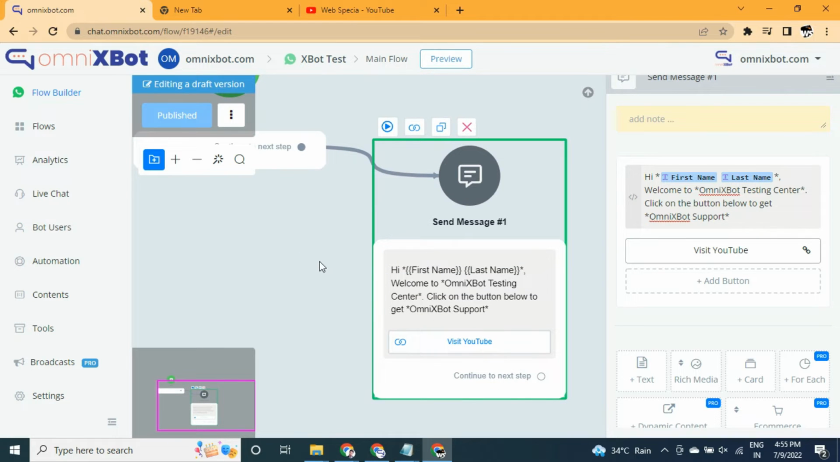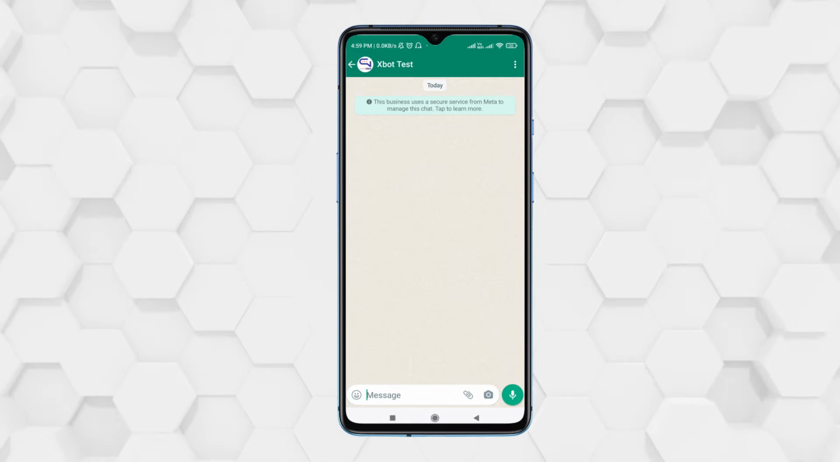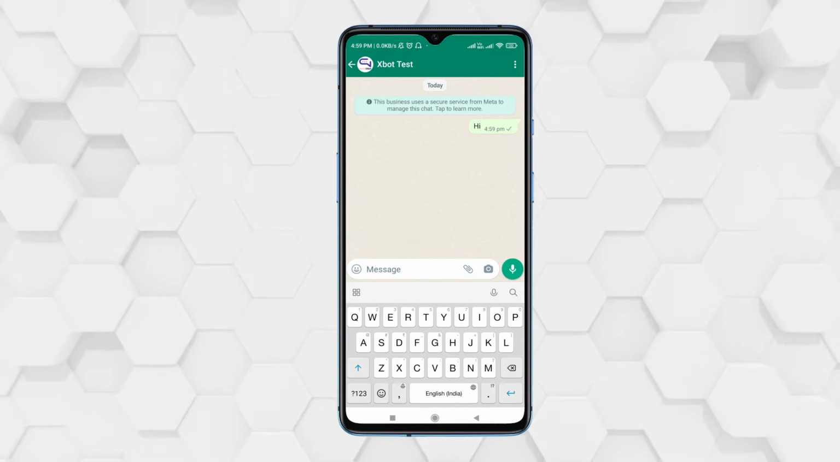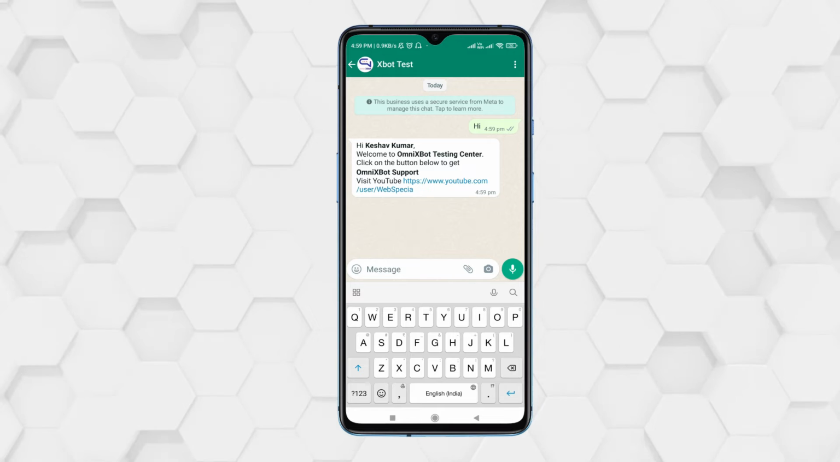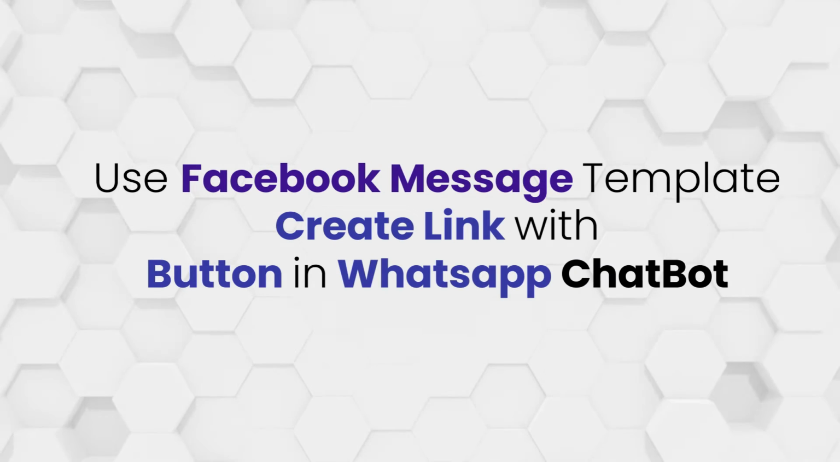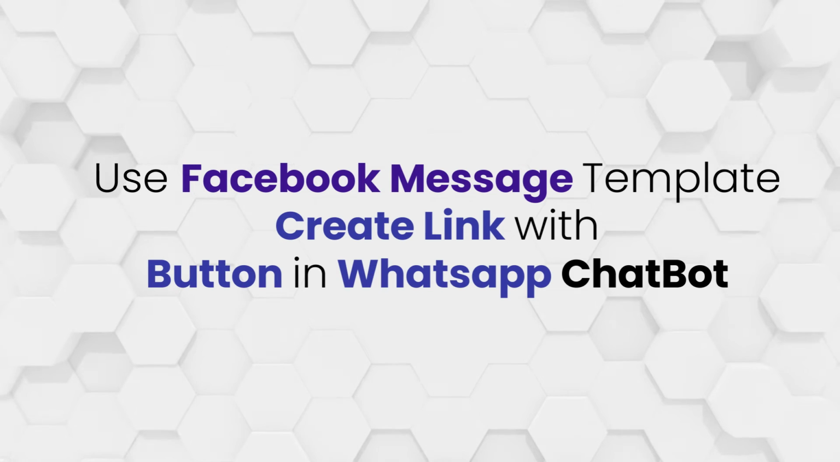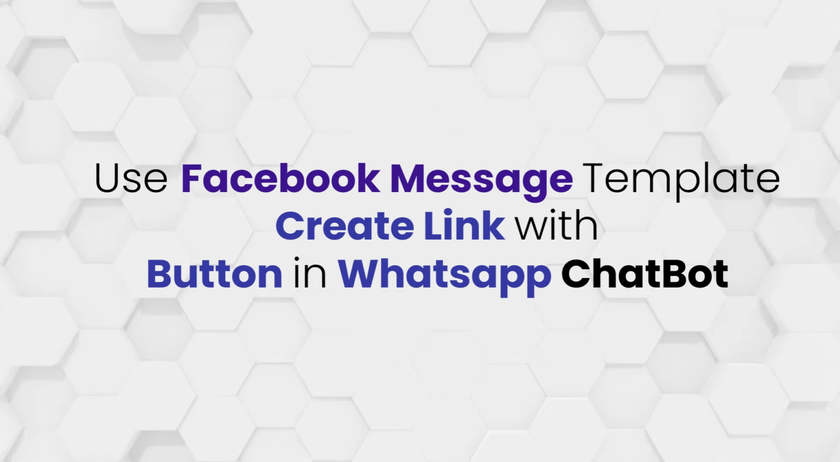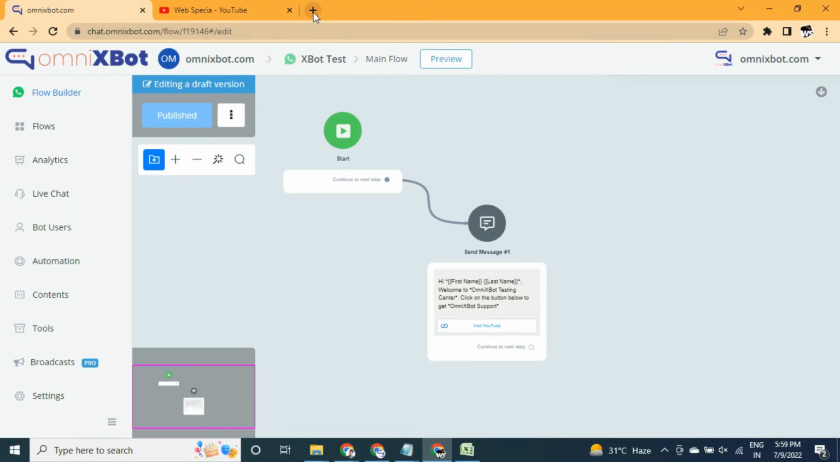Now we need to test the flow to check if button with link is working or not. To do that, let's go to WhatsApp and test it. You can see that link with button is not working. To create a button with link, we need to create a Facebook message template. Let's do it. We need to go to